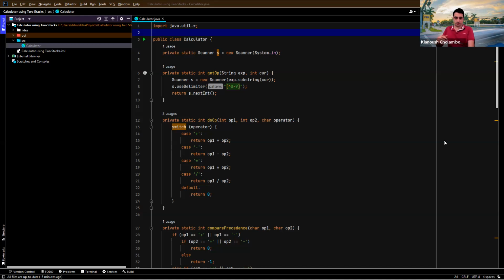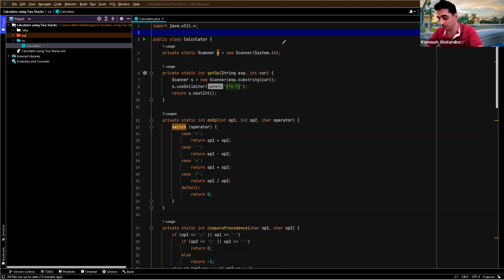within that algebraic expression. In order to show you this code, I need to first give you a very simple example of an algebraic expression and two stacks, and show you what the general idea of the algorithm is. Then I'm going to show you the Java implementation. So let's start by creating a very simple